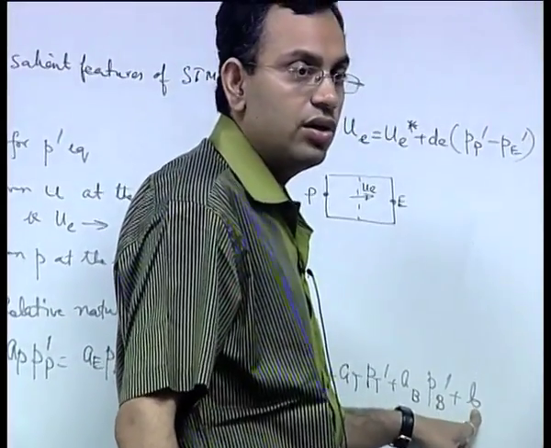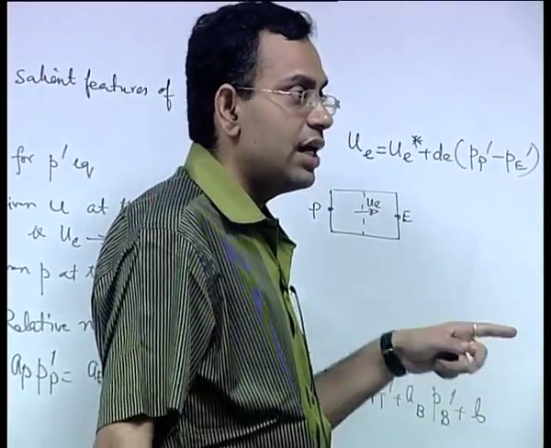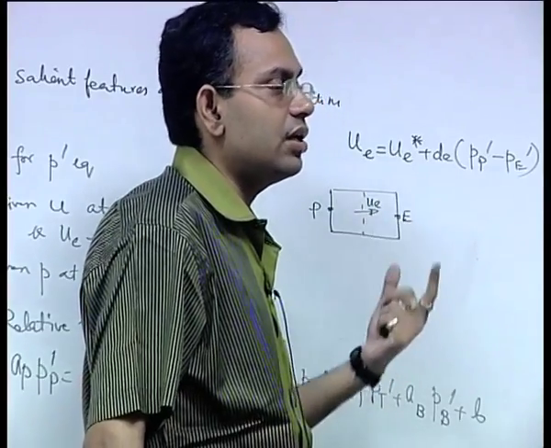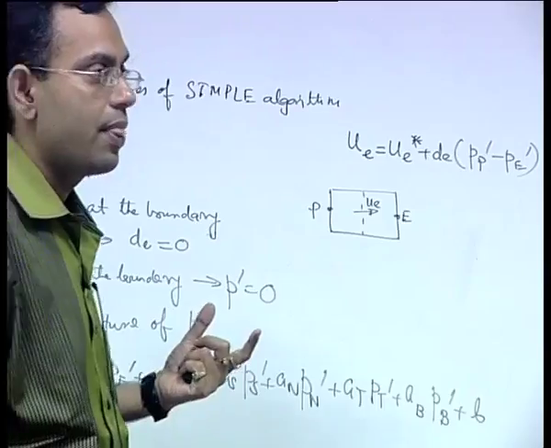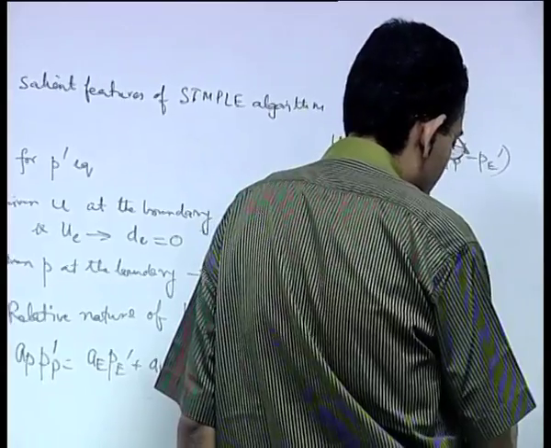So b equal to 0 is the convergence criterion, that when b equal to 0, that means you have come up with a continuity satisfying velocity field. So b is 0 on convergence,